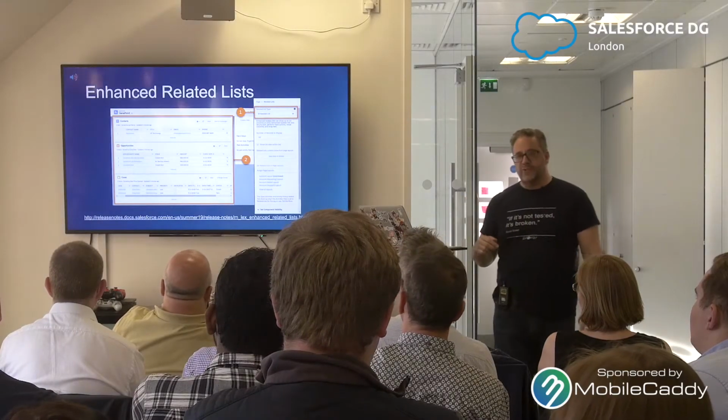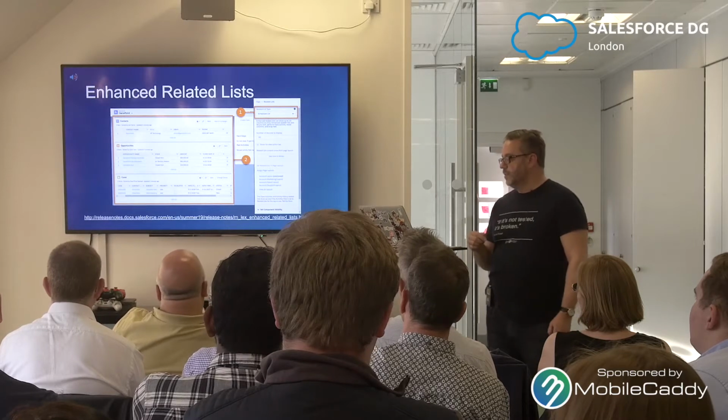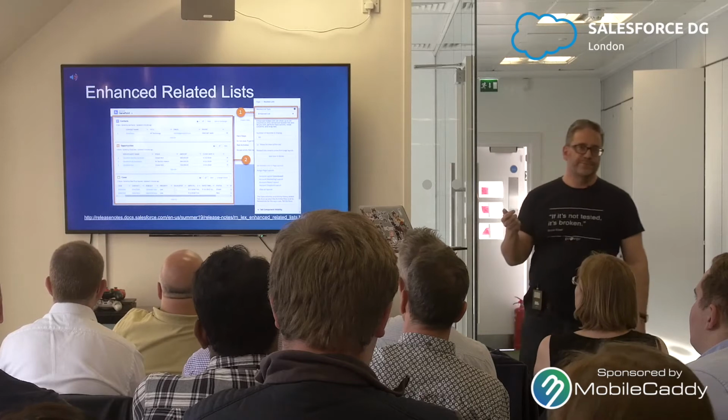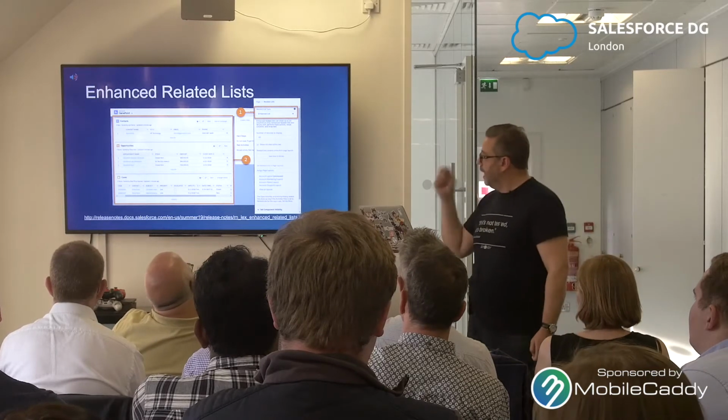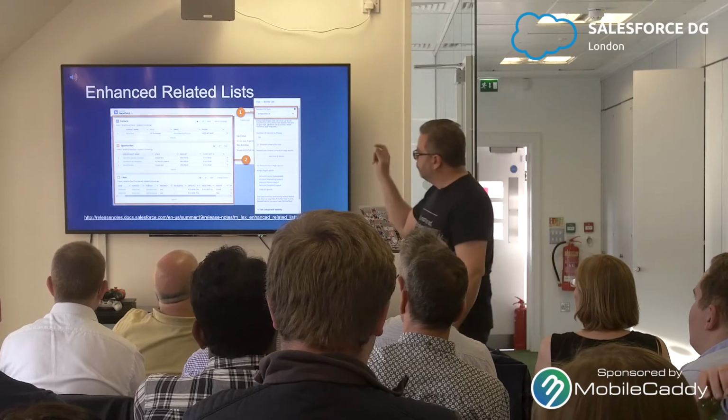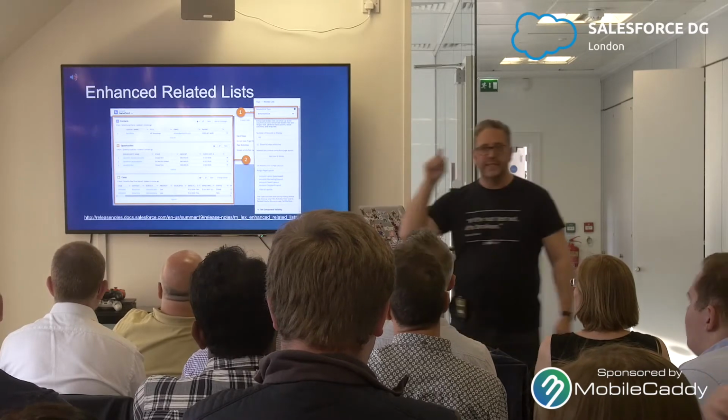Next declarative feature I want to talk about is enhanced related lists. This is an interesting one because it's not auto-enabled. You have to go on every Flexipage, or sorry, every edit page, and enable it on each related list. It means these enhanced related lists will appear inconsistent unless you go through every single one of them. Standard pages where you haven't hit edit page won't have enhanced related lists, so it can be a